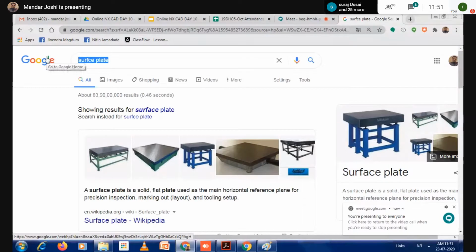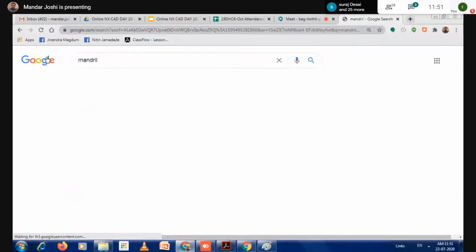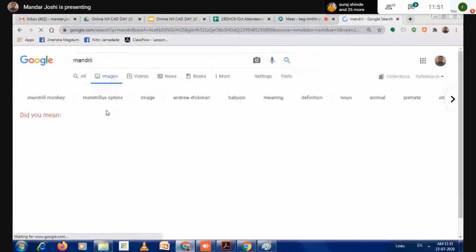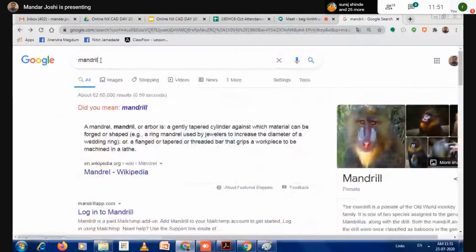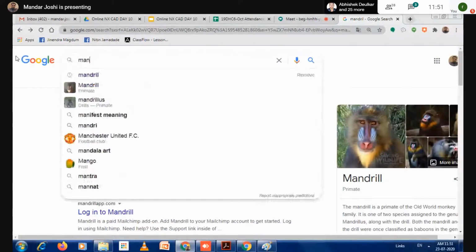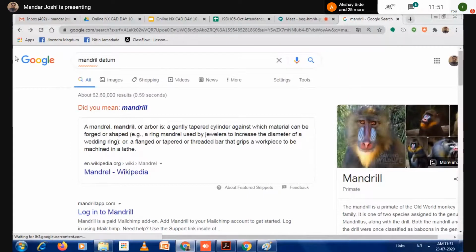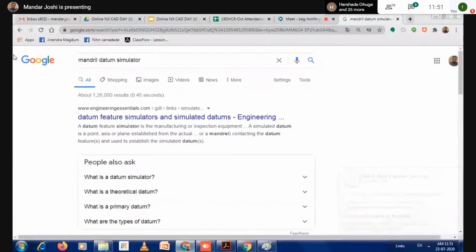Now just see the mandrel, the mandrel datum simulator.